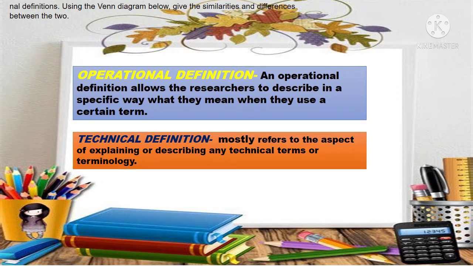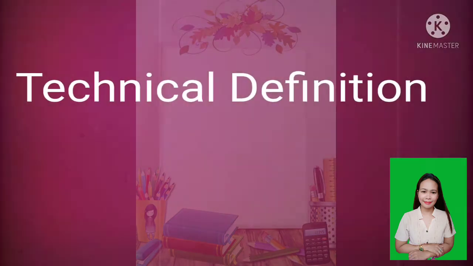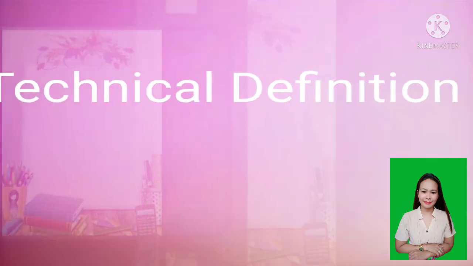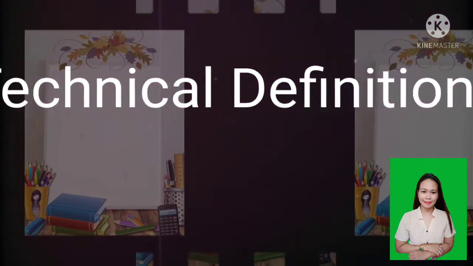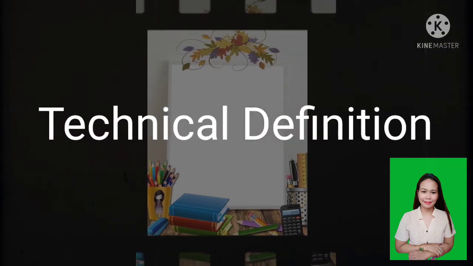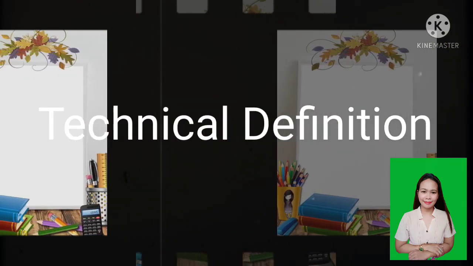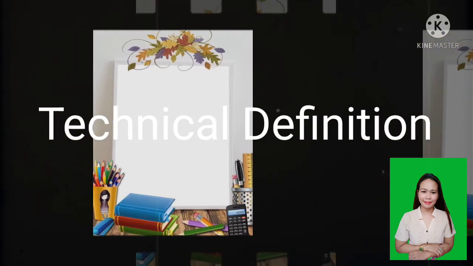What is technical definitions? When we say technical definition, it mostly refers to the aspect of explaining or describing any technical terms or terminology. Technical words are used in specific fields or professions. These are specialized words which belong or relate to a particular subject, like the practical, mechanical, or industrial arts or the applied sciences. An important skill you need to learn is to make technical definitions, especially when readers do not